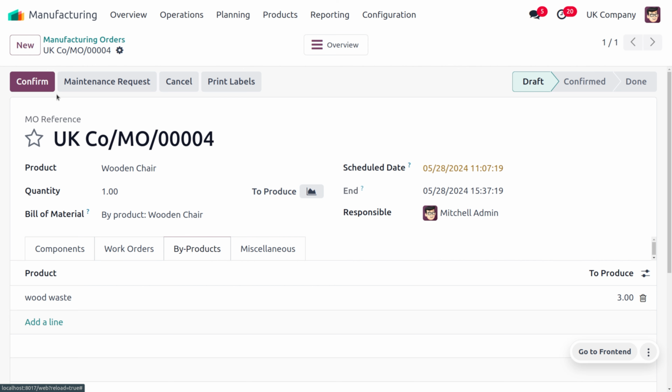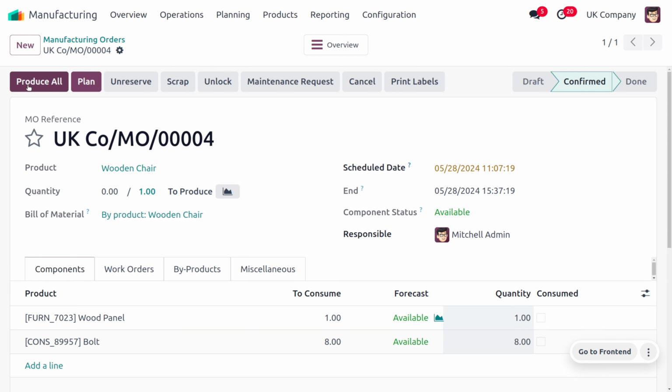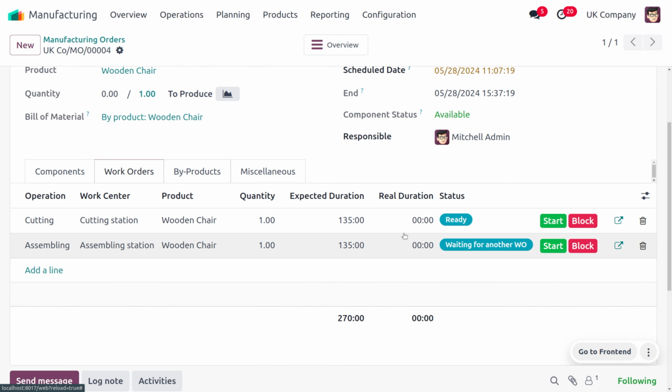In order to generate the byproduct, first we have to confirm our manufacturing order, because when the manufacturing starts, we will get the residual product as wood waste alongside the wooden chair. Now under the work orders, here we have to start the steps.